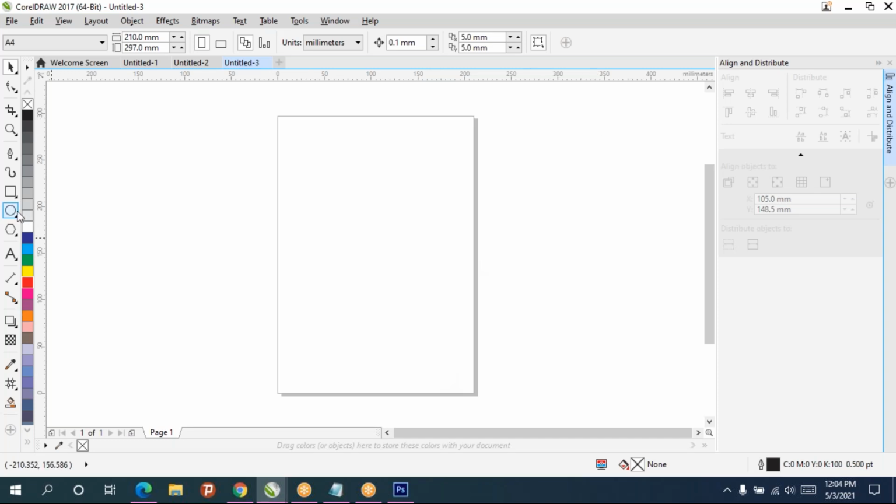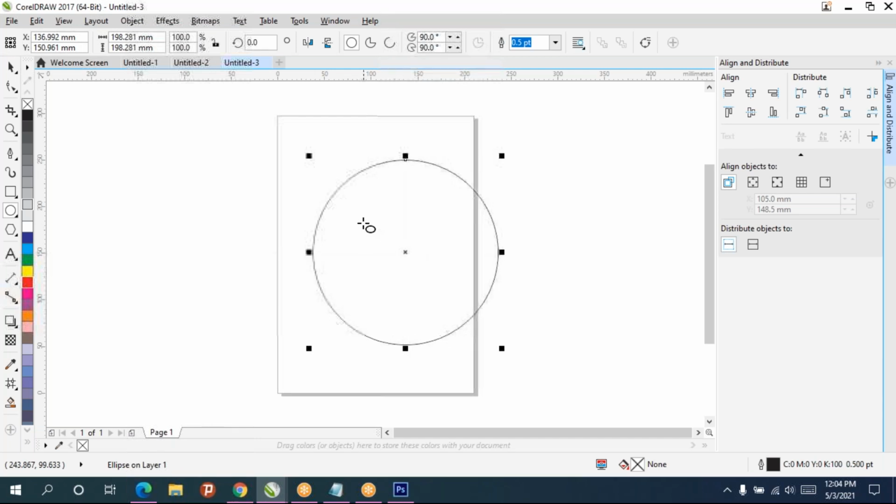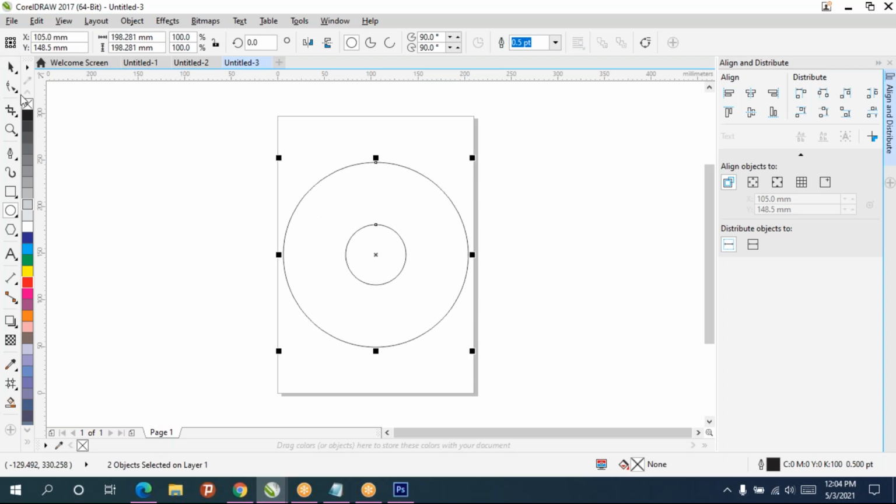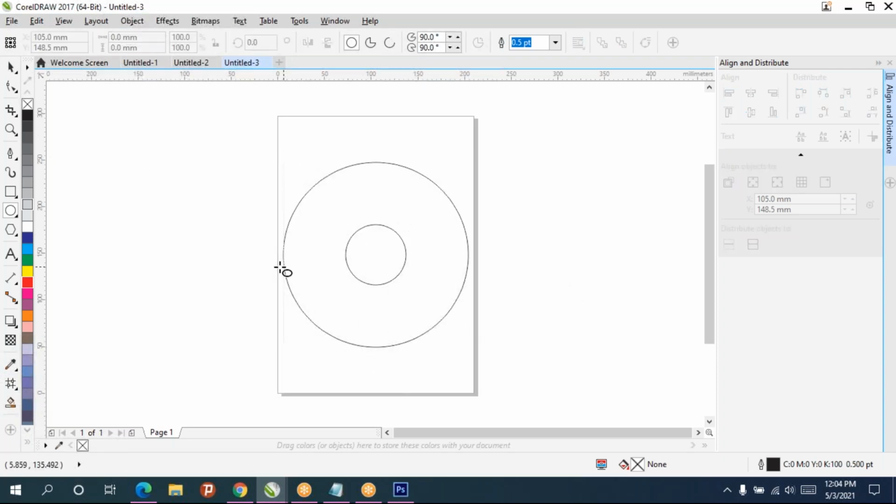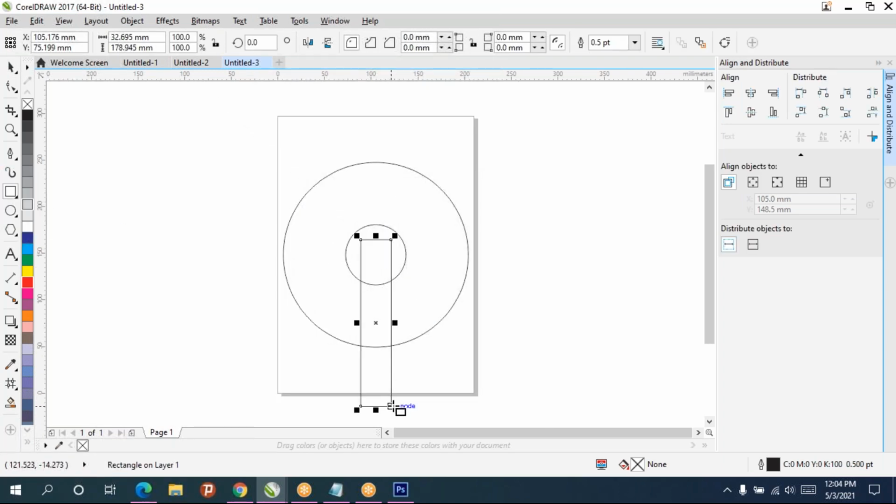So next tool, see already we have seen how to create the SBI logo, correct? But now, so like this you have to draw, that's it.